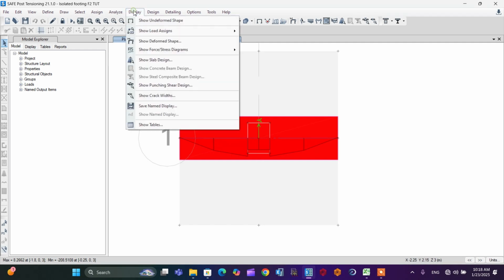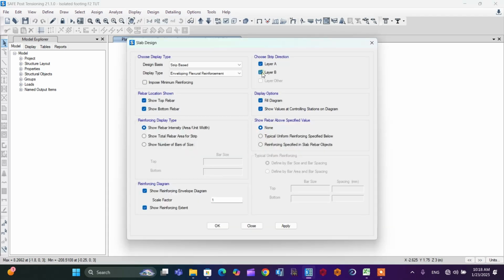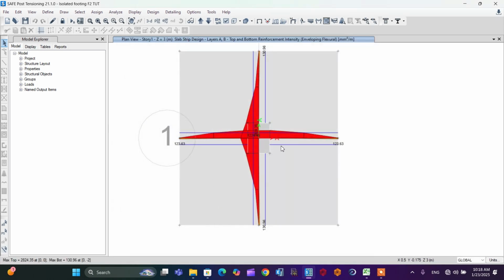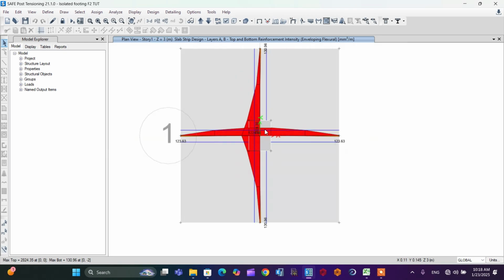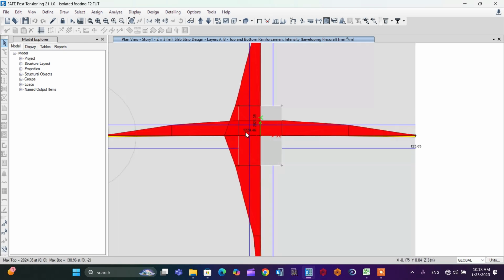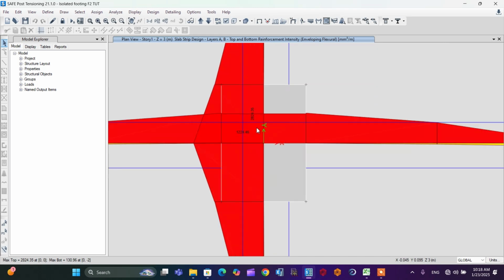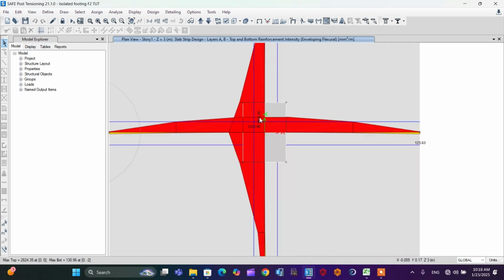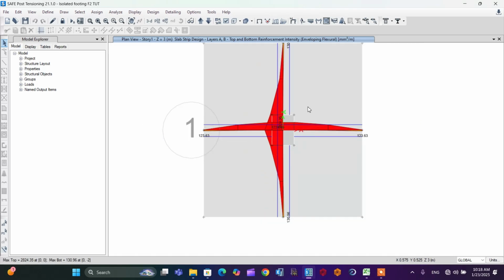So from this, go to display also. After that, show slab reinforcement. So in both X and Y direction, that means in layer A and B, I have to get the maximum bottom reinforcement. In X direction, that is 1224.46. And in case of Y direction, that is 2824.35. So you have to use this data, and you can get all the reinforcement details within a 1 meter